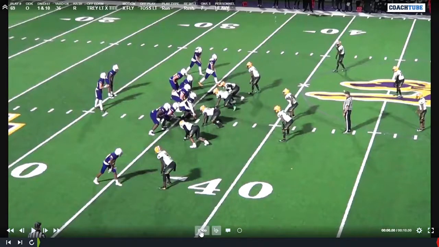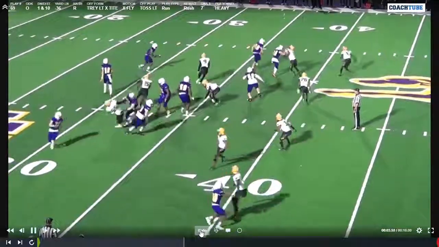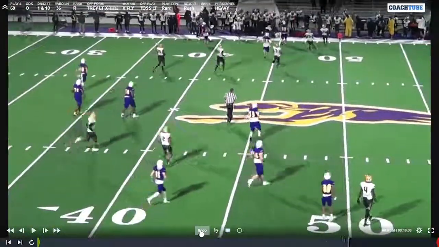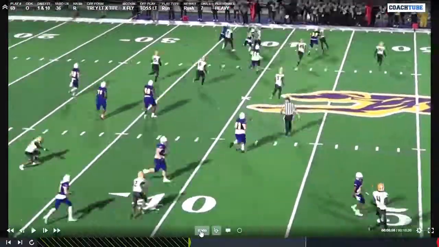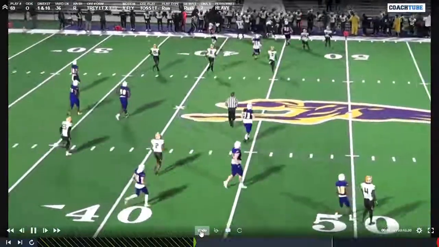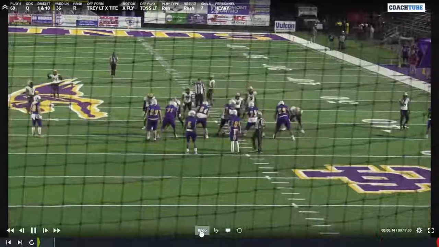So you can see this is not a very difficult task for them to have to go block guys that are a little bit smaller than them. Neither one of them does a great job of it, but we've got big bodies out there. You can see that defensive end. I told you he can run. But we're able to still get the edge and get a nice little 7-yard gain on a first down and really get things going for the drive. Huge to have that first